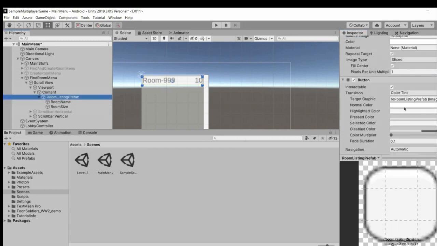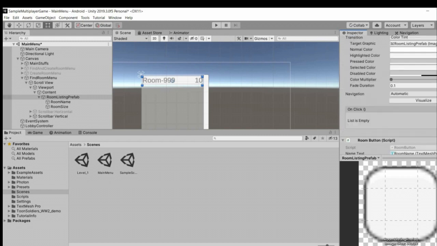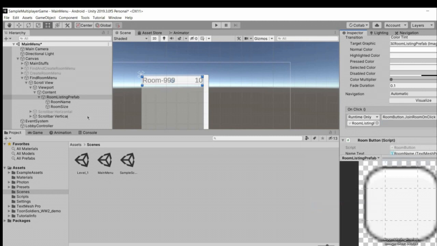So with that said, click on this and drag this TMP and default room name and room size. We don't want to edit it anymore. So what we are going to do basically is when we hit this create button, we are going to go to the lobby controller, or instead let's try to make this room button and just hit set room join lobby on click. So we are going to add a join room on click now function here inside of this, and now